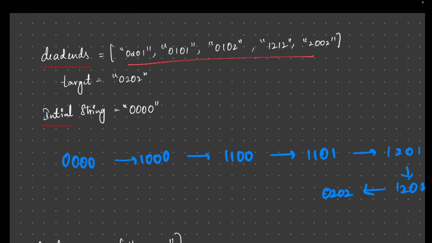It's not present, hence continue, increment your count, now +1. So move on, I'm checking with the second position and I turned it to 1. So 1100 is my string. Is it present in the dead ends list? No. Move on, +1, +1,